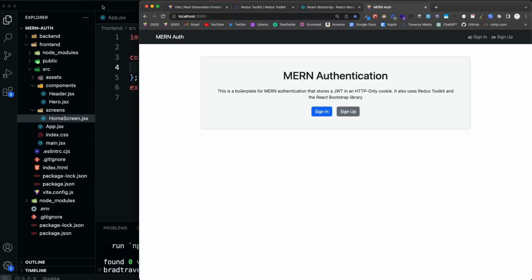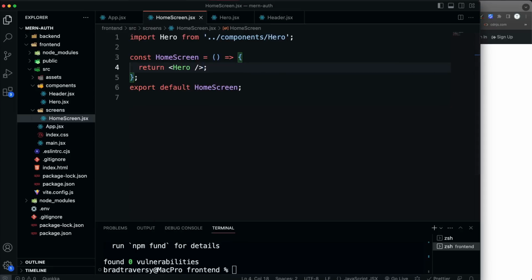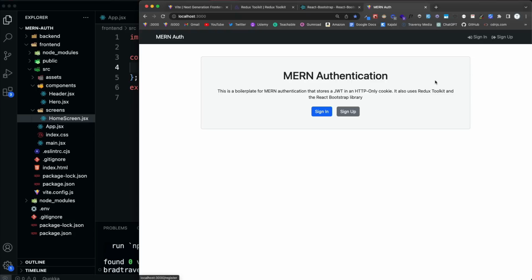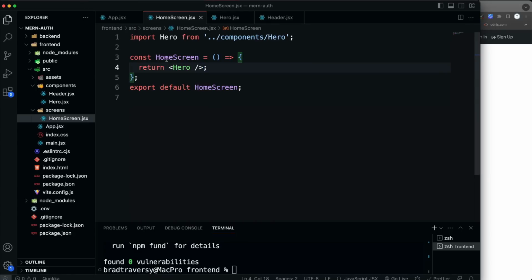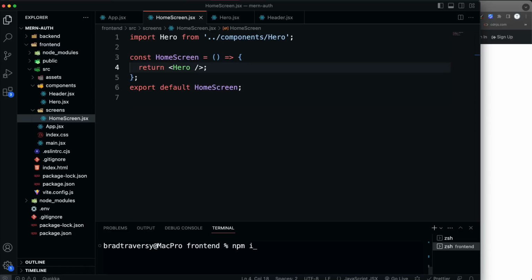All right, good. So now what we can do is start working on the router, because obviously we have different pages we want, or different screens we want to be able to go to, like sign in, sign up, profile. So let's install the router. Now, again, make sure you're in your front end. You don't want to install the React router in your Express server. So make sure you're in the front end. Let's npm install